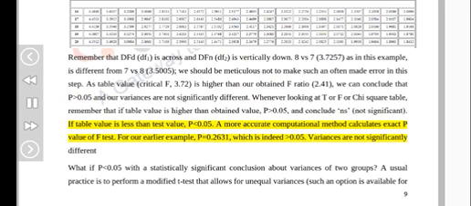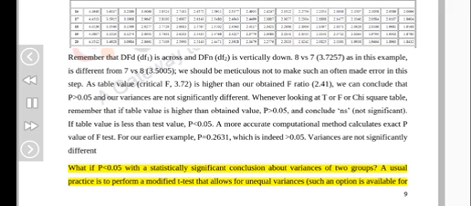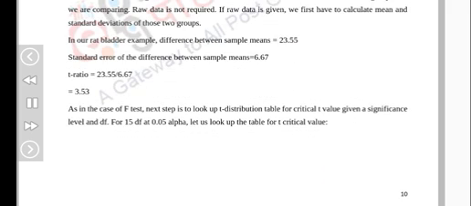A more accurate computational method calculates the exact p-value of the F-test. For our earlier example, P equals 0.2631, which is indeed greater than 0.05. Variances are not significantly different. What if P is less than 0.05, with a statistically significant conclusion about the variances of the two groups? A usual practice is to perform a modified t-test that allows for unequal variances. Such an option is available for